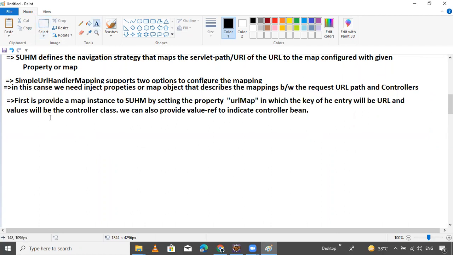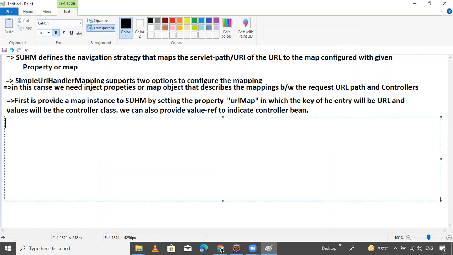The first is to provide the map instance, then the second is to set the instance of java.util.Properties to the property mapping. First way is this, second way is this.